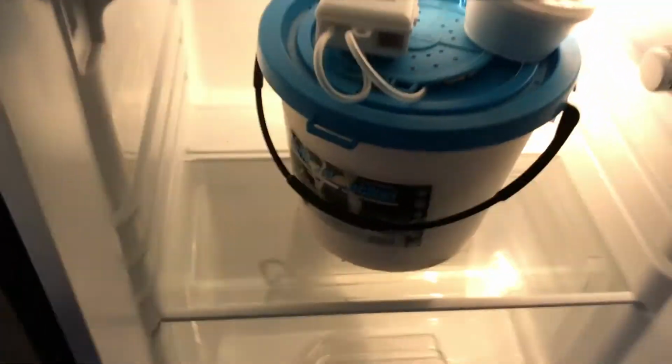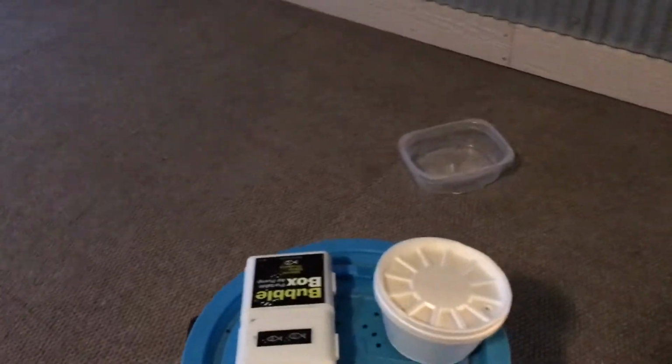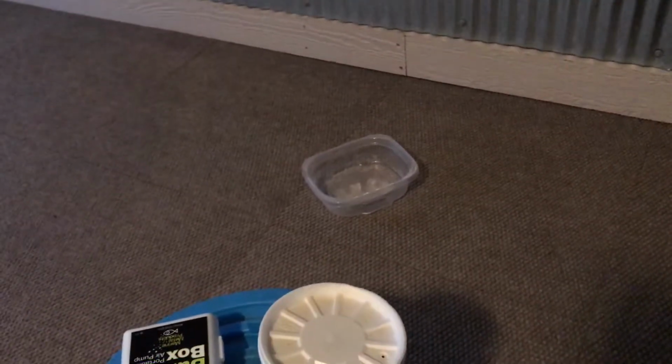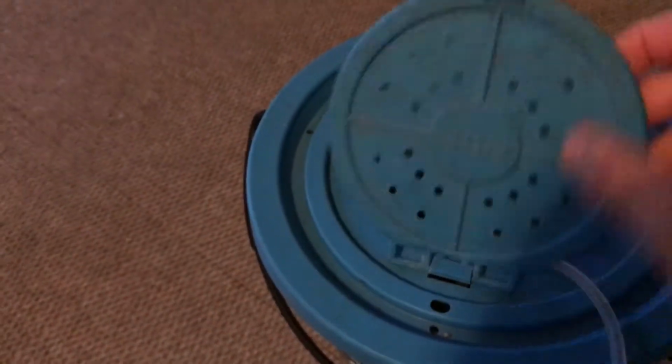Now I'm stepping into my own personal little bait shop here. I got this little mini fridge, and what I do is I just keep my minnows and worms in here alive all the time. And it can get a little stinky inside this fridge, so what I do while I'm gone fishing is I just turn it off and leave it open, let it air out a little bit. And by keeping these minnows in the fridge,